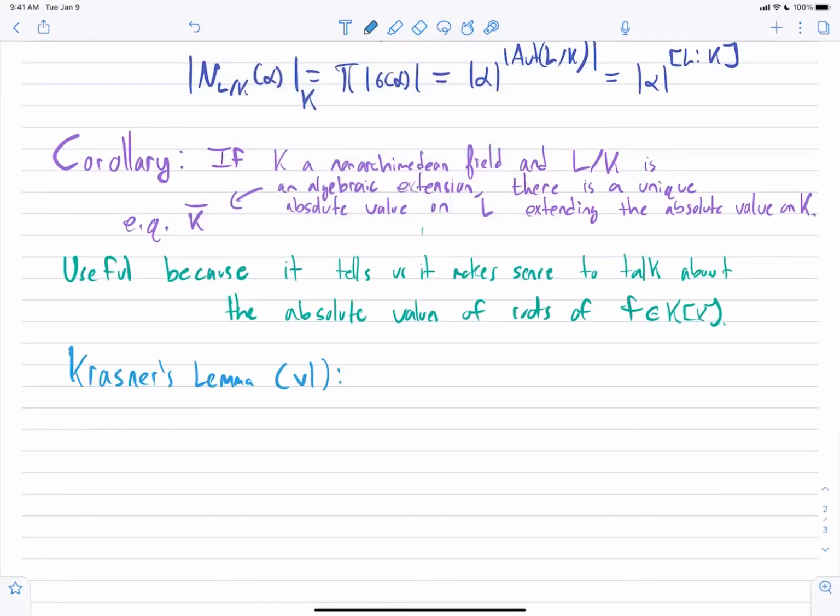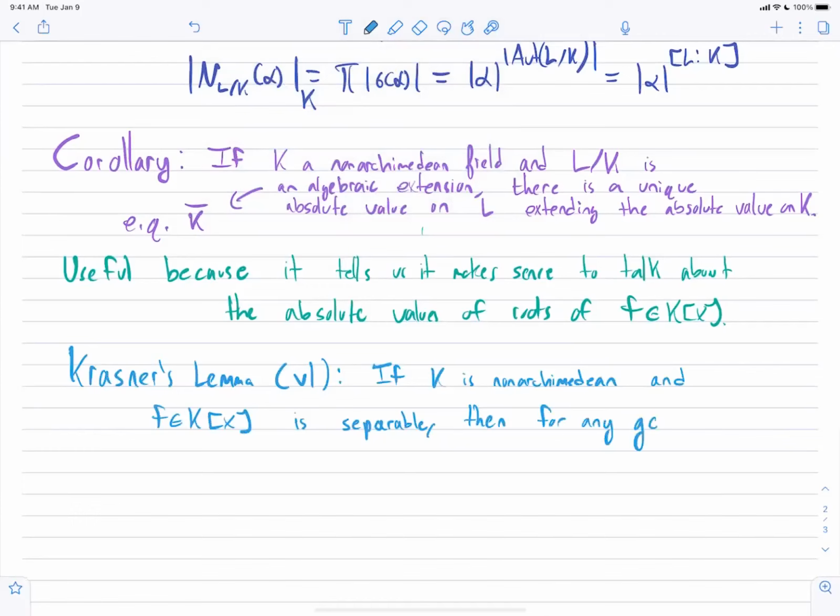Okay, so this first version says, if K is a non-Archimedean field, and again, just keep in mind Q_p if you're getting lost. This is already very interesting when K is Q_p. And F in K[x] is separable, then for any G in K[x]